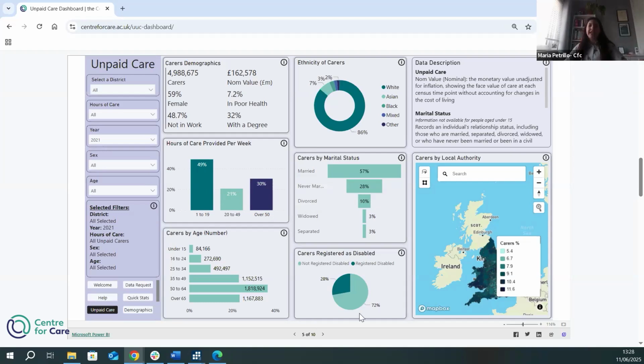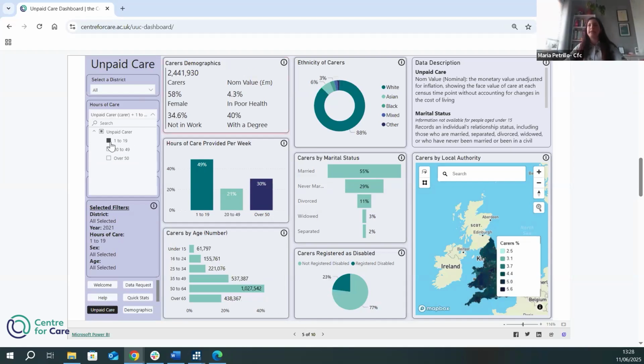Another graph that I found really interesting, for example, is carers registered as disabled. As you can see here, let me show you something. Let's see the proportion if the carers are providing 1 to 19 hours of care. This is 23%. What happens if we consider 20 to 49?